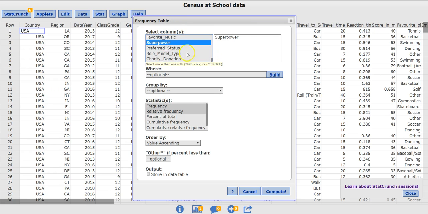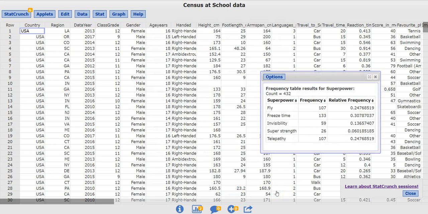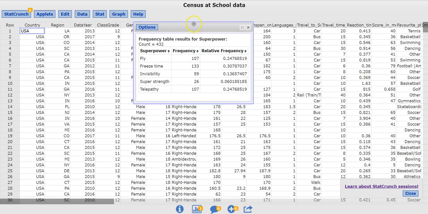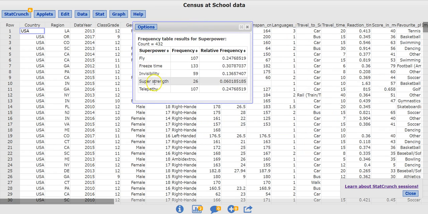So go to superpower. Notice we have two things checked. Frequency and relative frequency are both selected here automatically. So we're going to go ahead and push compute and see what we get. Notice here we have the superpowers arranged in alphabetical order. We have a count of 432 that answered this question,